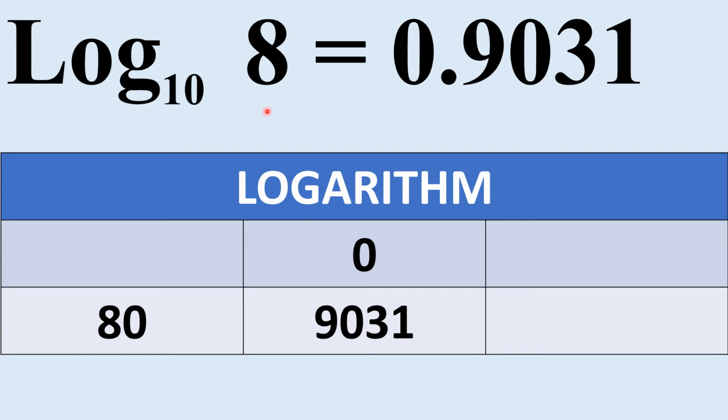Value of log 8 is 0.9031. On the left hand side of the decimal, we have one digit. From that 1, we have to subtract 1. 1 minus 1 is equal to 0. So 0 is the characteristic. To write the mantissa, in front of 80 under the column 0 in the logbook, we have 9031. So that 9031 you write after the decimal. This value of log 8 is 0.9031.